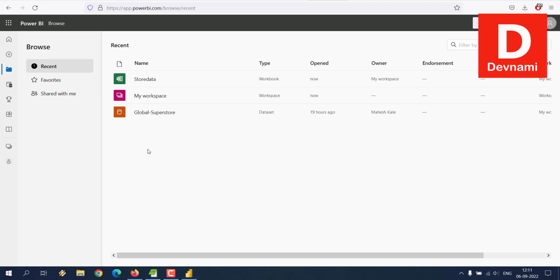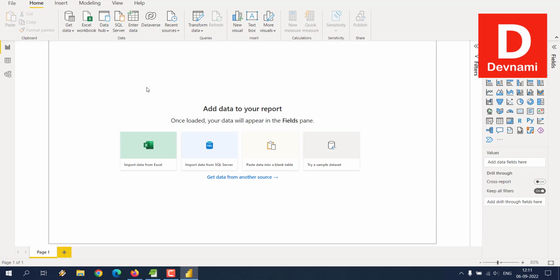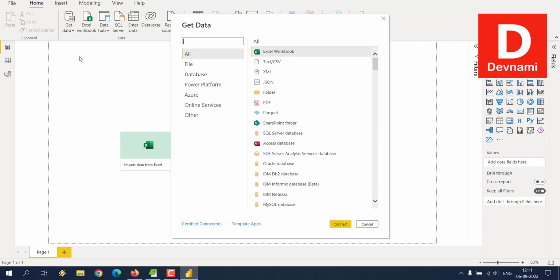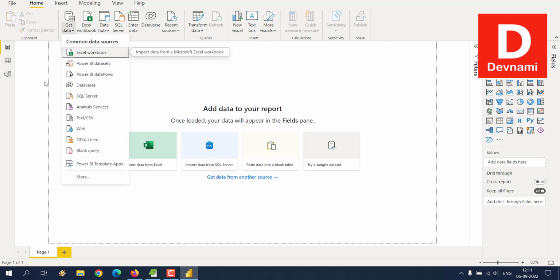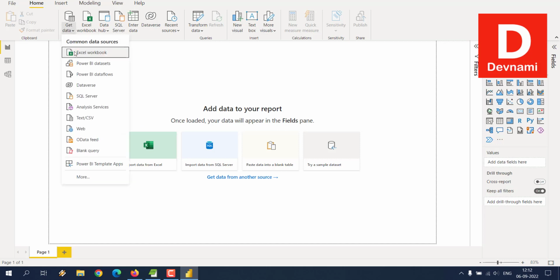Now that we have seen the cloud, next thing we can do is take a look at the desktop version. So here you see I have the option to get data right from this splash screen. Clicking on it should point me to this particular option, right? And here you can choose Excel workbook. Can open this simply by tapping here and click Excel workbook. Also by default you will find import data from Excel, so you can choose one of those,